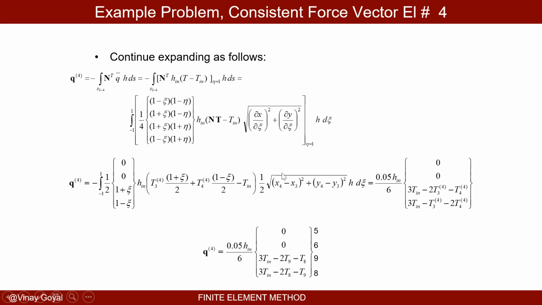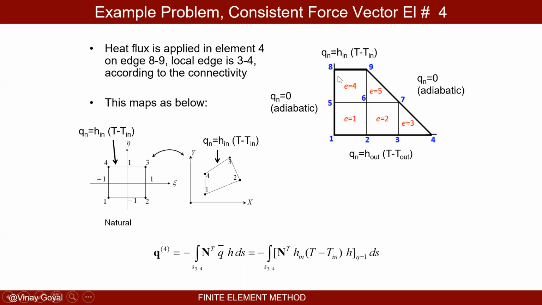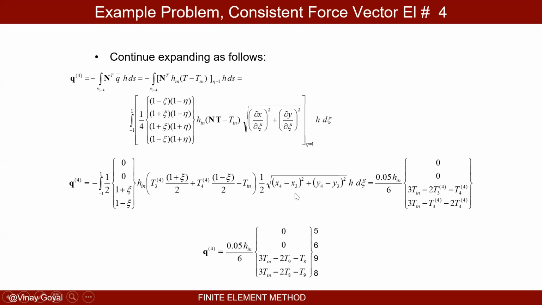And this square root can be easily calculated. These are just numbers when you do this calculation here. X4, X3, these are the coordinates of these nodes here. This node and that node. So that's an easy calculation. H is this, dC is this. So when you calculate everything, multiply everything out and integrate it from -1 to 1 using Gaussian quadrature, you get